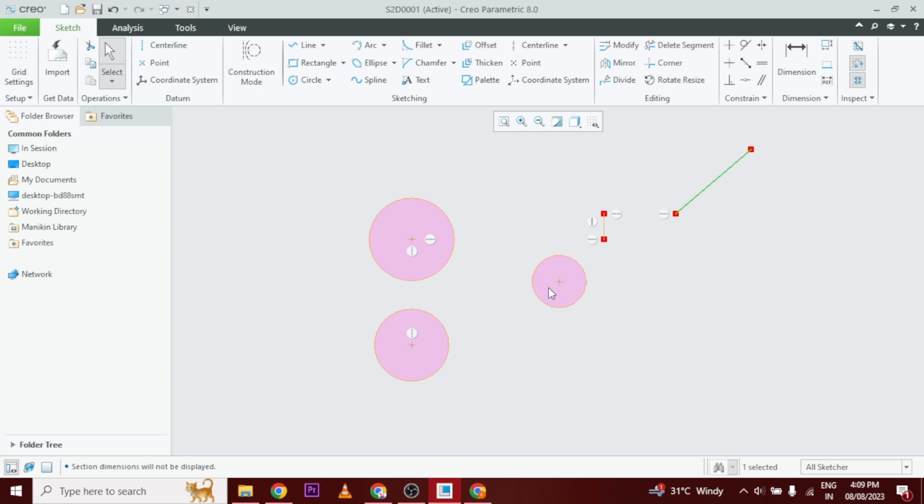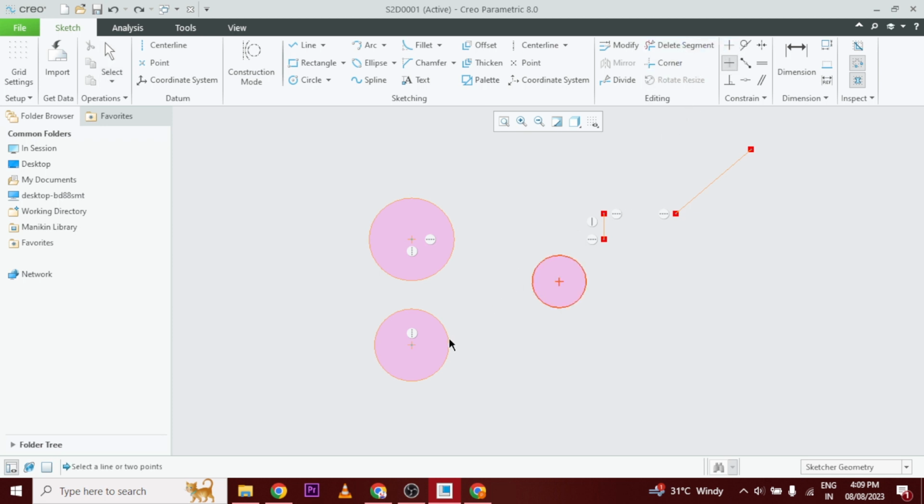If you want to align the center points in the horizontal line with respect to the center, you can go with the second constraint, that is the horizontal constraint. Now you need to select both the center points, and you can see both have been arranged in the horizontal direction. Now I will press Ctrl Z